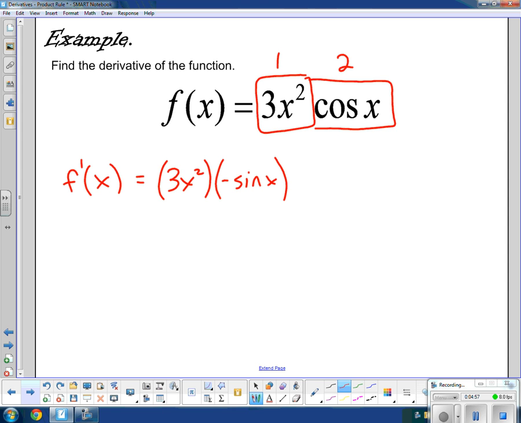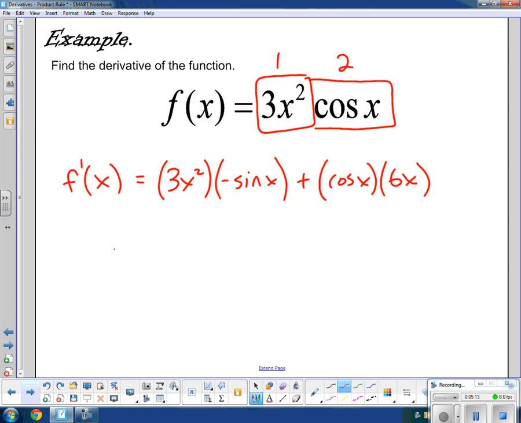So there's 1 d2 plus 2 cosine of x times the derivative of the first part. Derivative of 3x squared is 6x. This is our derivative. Now it's up to you if you want to take this one step further and rearrange